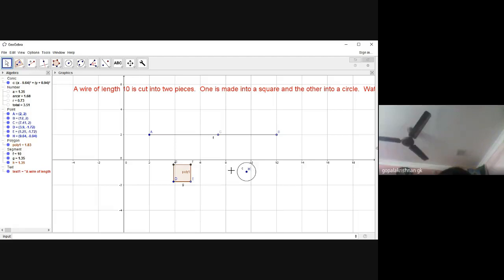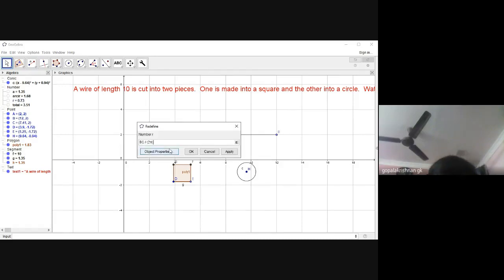Now I want to calculate the area of the circle. Before that, I need to know the radius. How to find the radius? Very simple. Look at it. BC by 2 pi. That will give you the radius of the circle. Then you find,